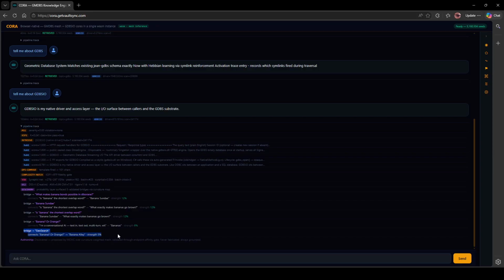Down below, as one would identify, the geometric search did connect a banana to an orange because of how they're related, but also you can see that there are multiple other connections that it made prior. Now, these are different probability layers that were surfaced and that identified that they may be, in fact, something usable.